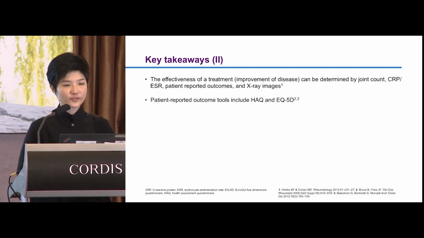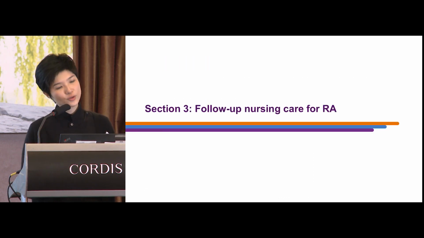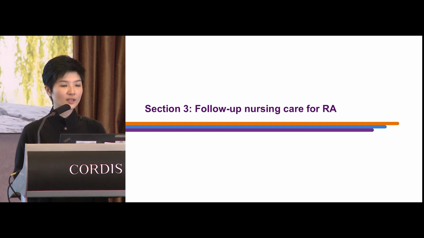And the effectiveness of the treatments can be determined by 4 important items, namely joint count, acute phase reactants, that is ESR and CRP, patient-reported outcomes, and imaging modalities. Patient-reported outcome tools include HAQ and EQ5D and other clinical evaluation questionnaires you can apply in your daily practice. So session 3. In this session, we will talk about how to follow up a patient in a